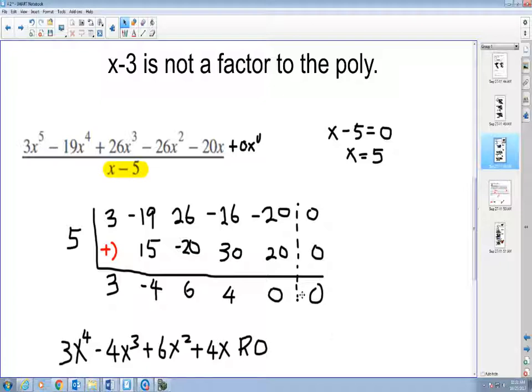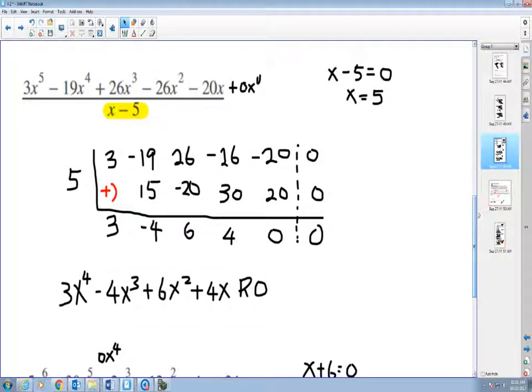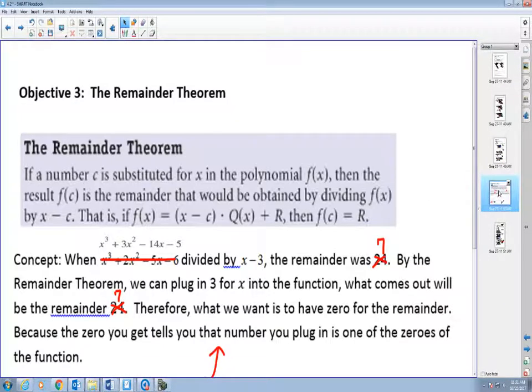Alright, so what we want is having 0 for the remainder, because that tells me that the number I used was a 0 to the polynomial. Therefore, the x minus c, or the x minus 5 for this example, will be my factor to the polynomial. And then we wrap up section 4.2 with the